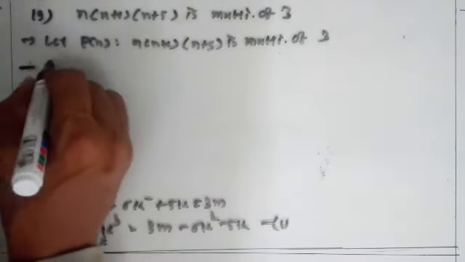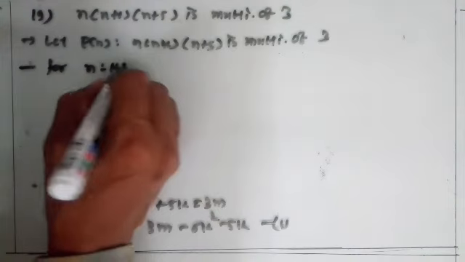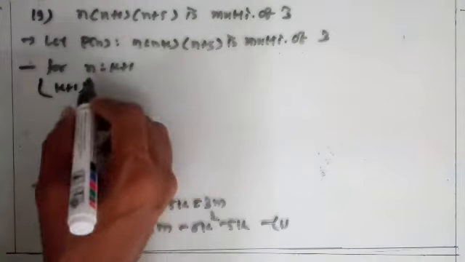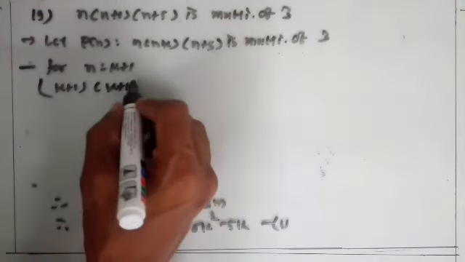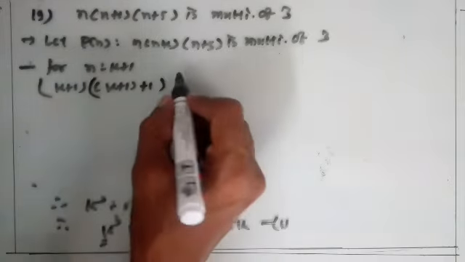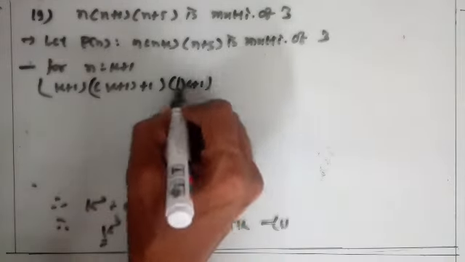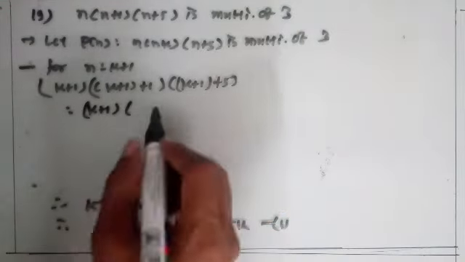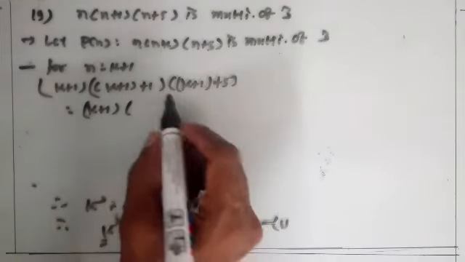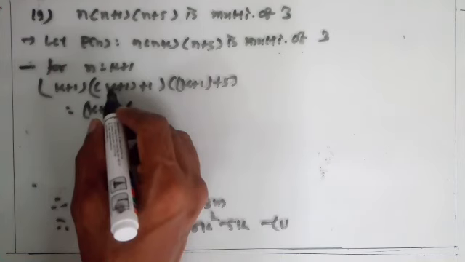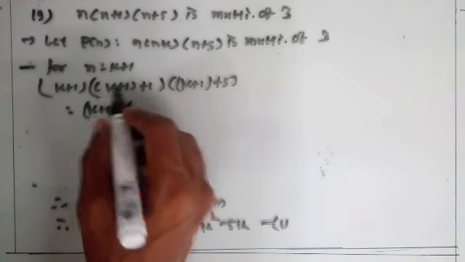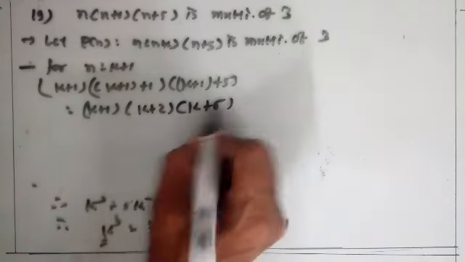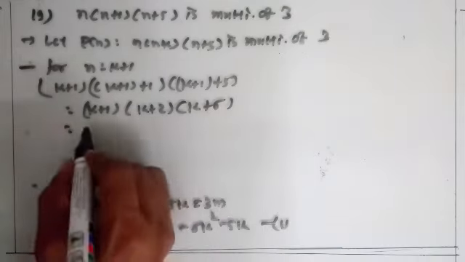Now for n is equal to k plus 1, replace n by k plus 1. So k plus 1 into k plus 1 plus 1 into k plus 1 plus 5 is equal to k plus 1 into, simplify this, this becomes k plus 2 into k plus 6. Now simplify this, split this, so k plus 1 into,